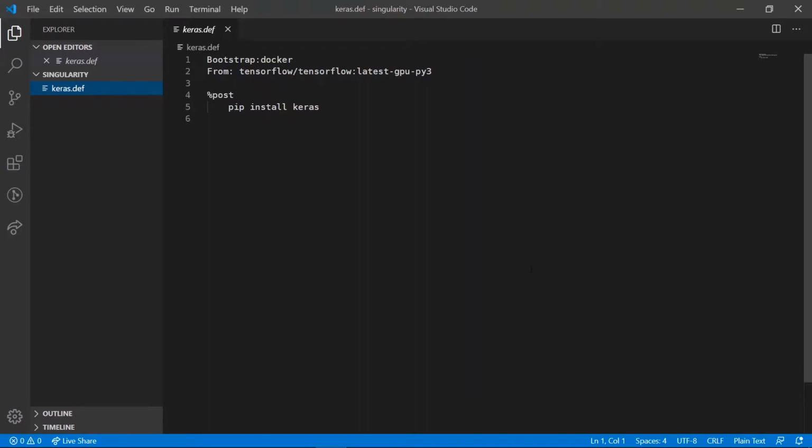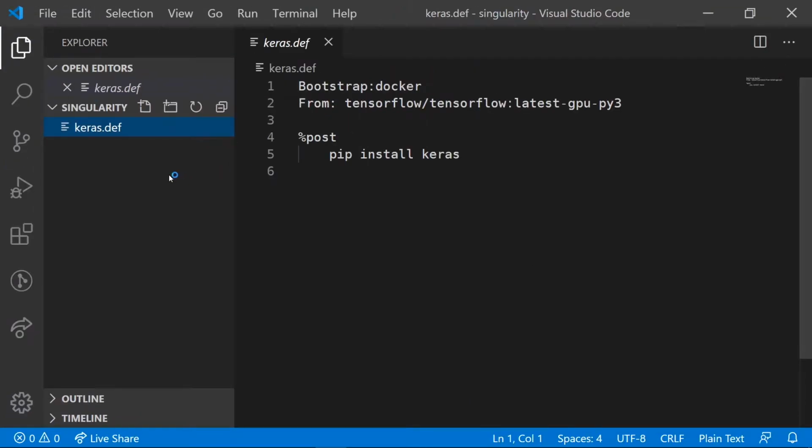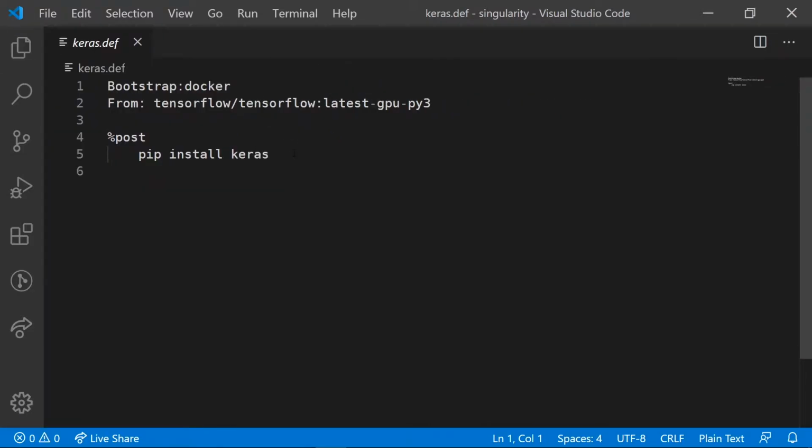So in the last video, we just downloaded a Singularity container and used it to run Python and checked that we had access to the GPU. In this video, we're going to create our own Singularity container, and to do that,